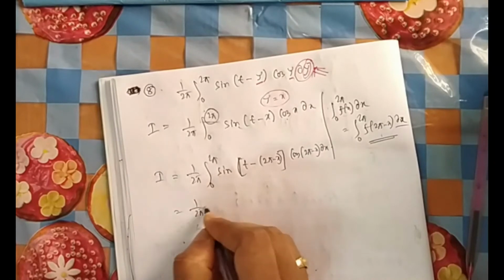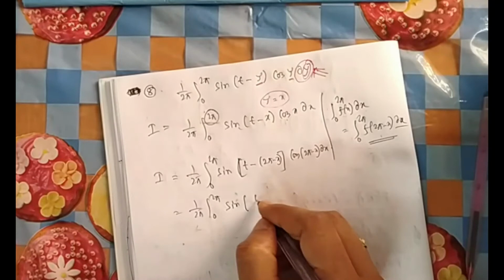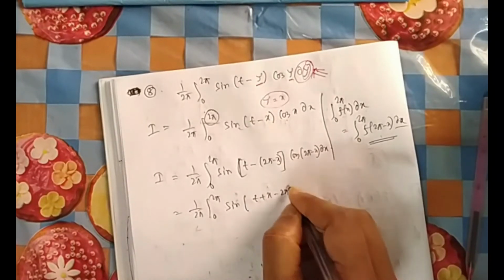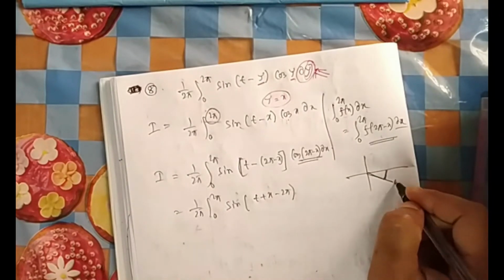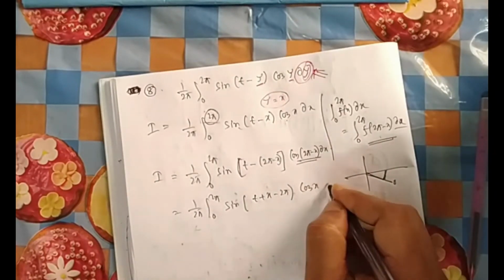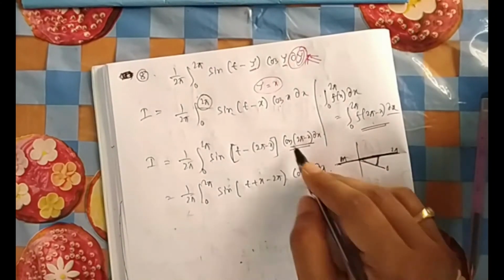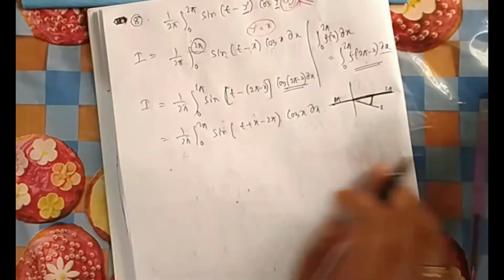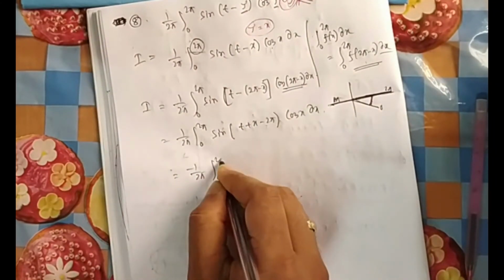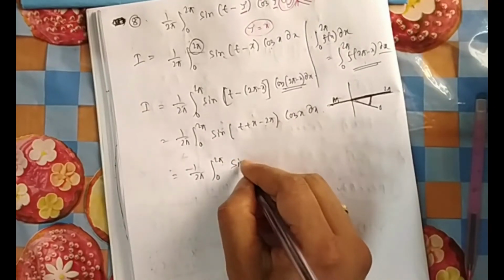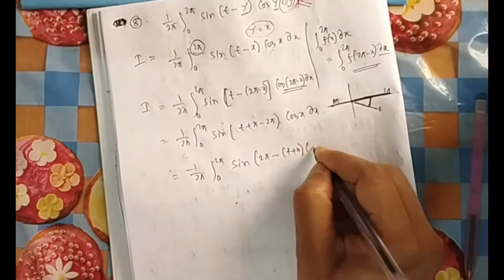1 by 2 pi, 0 to 2 pi, sine, it will be t plus x minus 2 pi, and cos 2 pi minus theta will land here, this is positive, so it will be cos x. So this line is 2 pi, this is a horizontal line, there is no change, cos remains cos, sine remains sine. So here if you take minus common, minus 1 by 2 pi, 0 to 2 pi, then it will be sine 2 pi minus t plus x, cos x